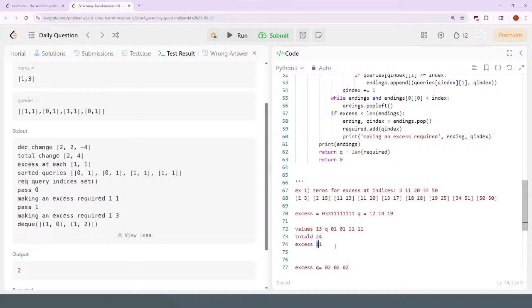So it would remove 0, 1 from the list of queries, saying that that's required. And this other 0, 1 is excess. And because it's required,